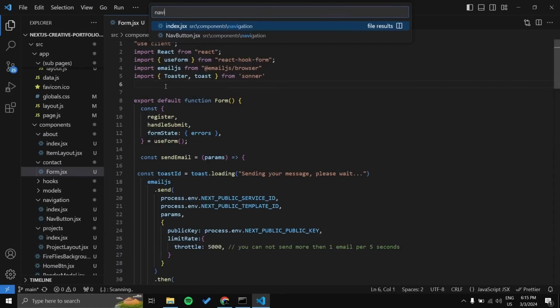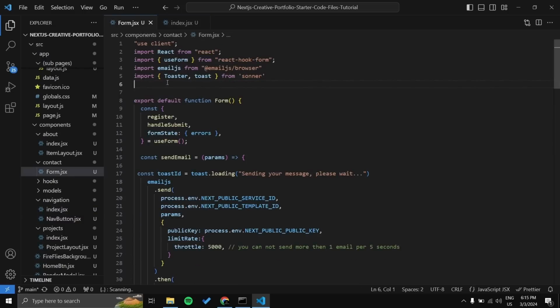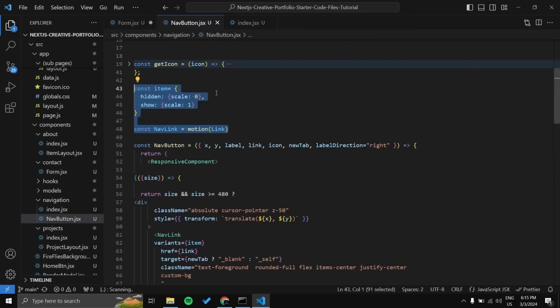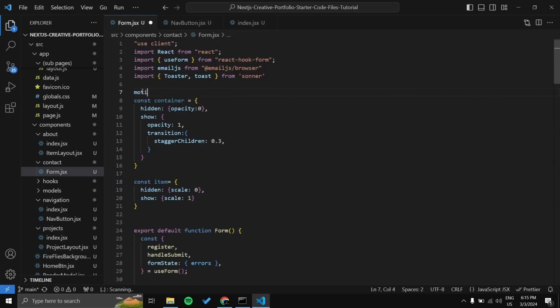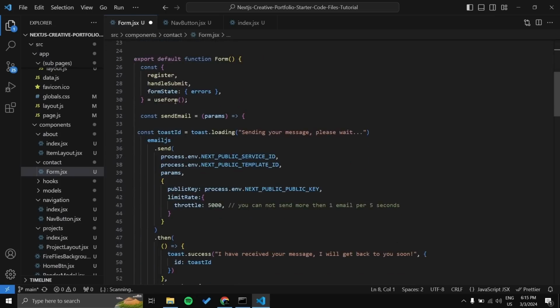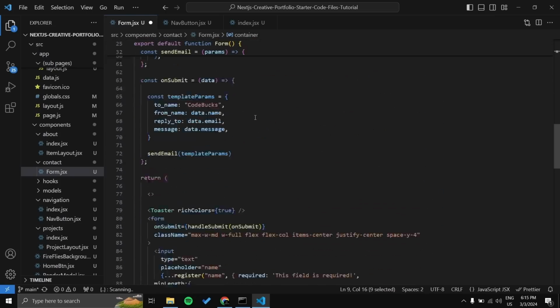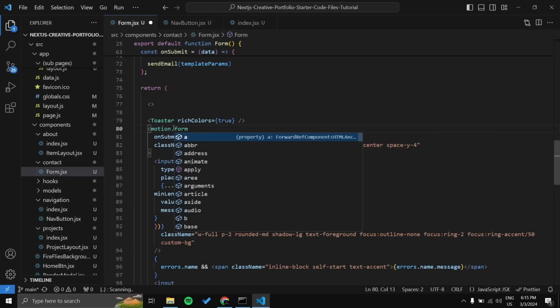So for that, let's go to the navigation, copy this container as well as the item from nav button. Let's import motion from framer-motion, and let's add this container first. Let's make this simple form into motion.form